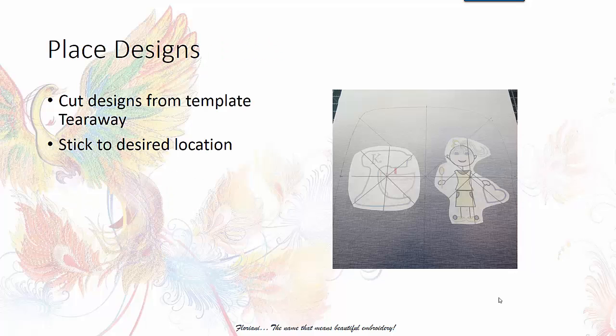So now I'm ready to place the designs. I printed them onto template tearaway. I'm going to cut the designs out from the template tearaway, and I've seen people cut this very, very precisely. I didn't cut it precisely. I just kind of cut around the outside of the edge. I'm all about fast. But when you have that cut out, you're going to stick these designs down in their